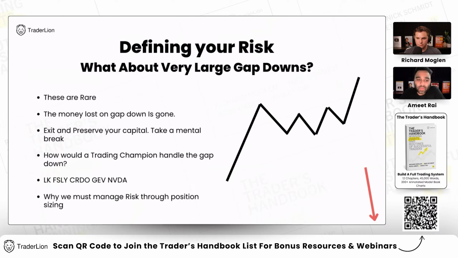Because I'm a momentum swing trader, I know that I lost this one and I have to take it on the chin and move on. It's not going to happen 10 trades in a row. I'm not going to hit a CRDO or FSLY or NVIDIA or a DeepSeek type of situation. These are rare. And the most important part is that the position sizing of a single name shouldn't be so high that tomorrow you won't survive. That's the most important lesson that you'll learn out of these situations.